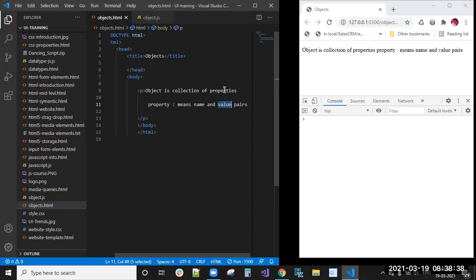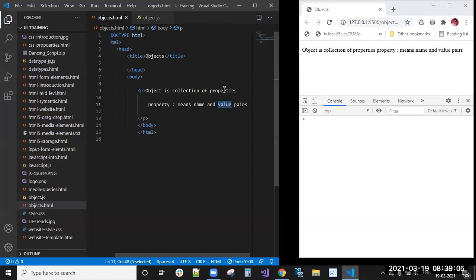If you take a car, the car has a color, red color, blue color. So color is a property. Similarly, there is a type, like automatic or manual gear. This is also one property only.